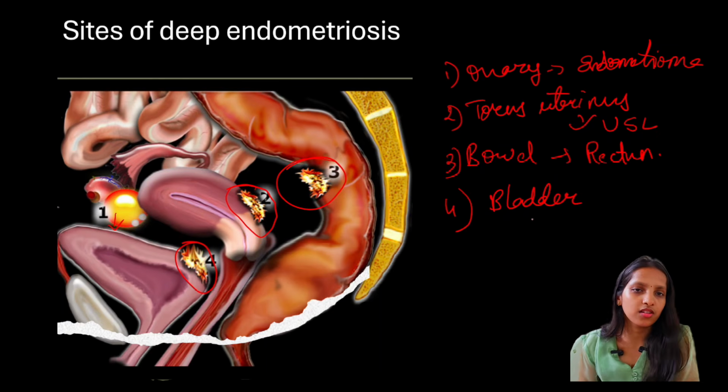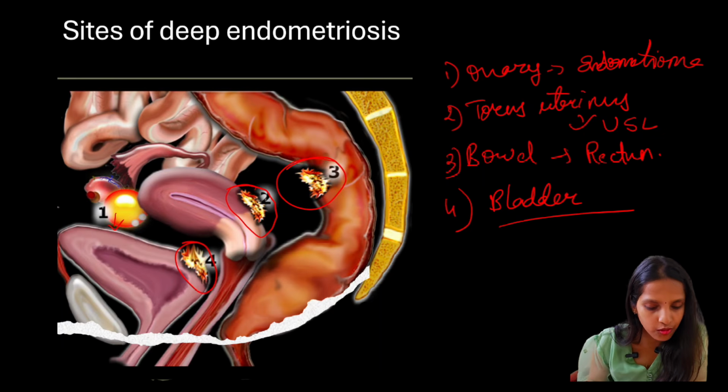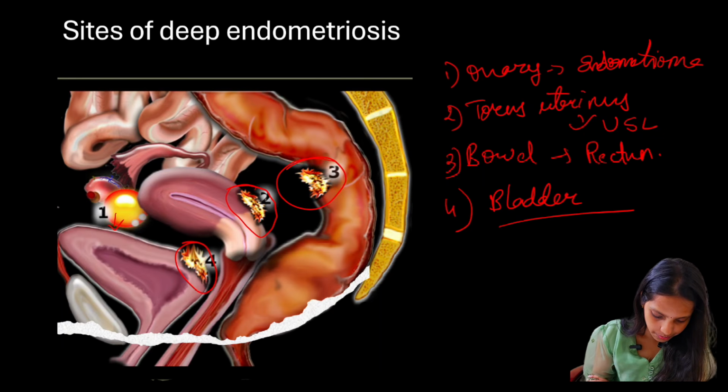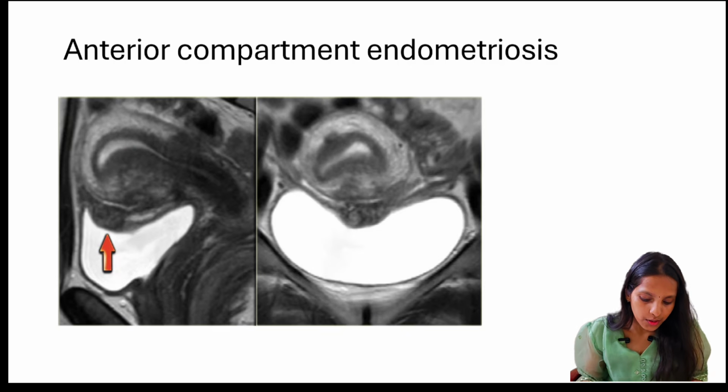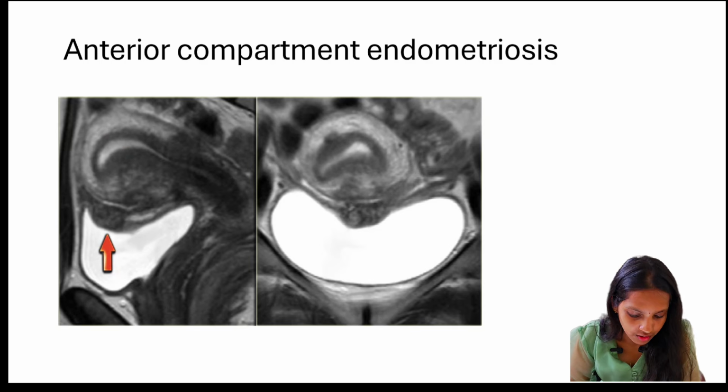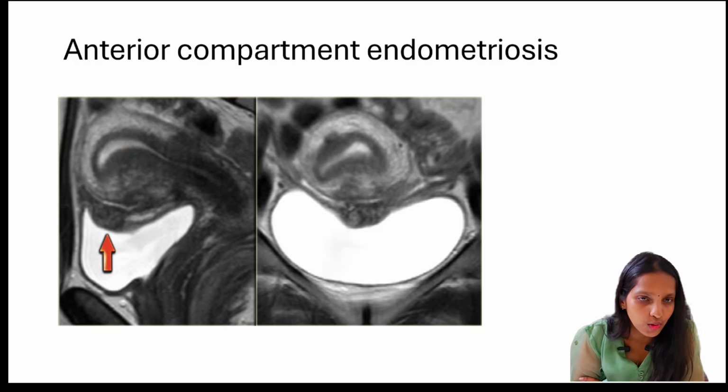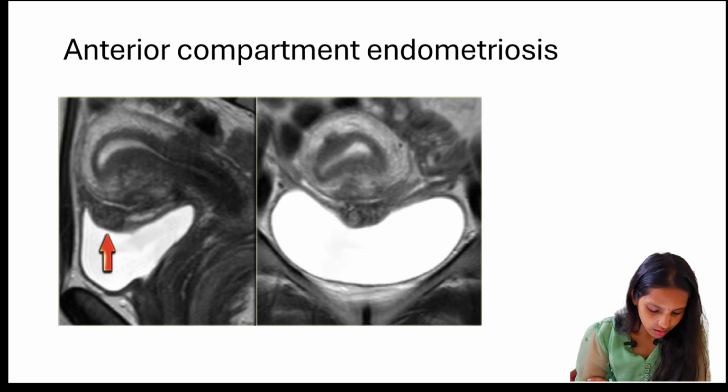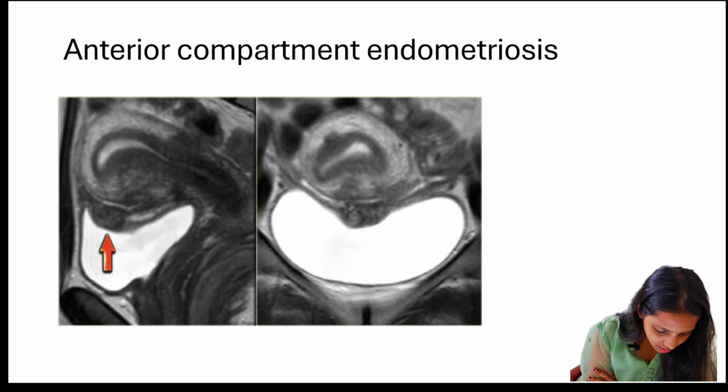These all form the primary sites for the evaluation of deep endometriosis. First, coming to the anterior compartment. Let's divide the endometriosis into anterior, middle and deep compartment, or the posterior compartment. The anterior compartment endometriosis, in this image, we are able to see a very T2 hypointense lesion